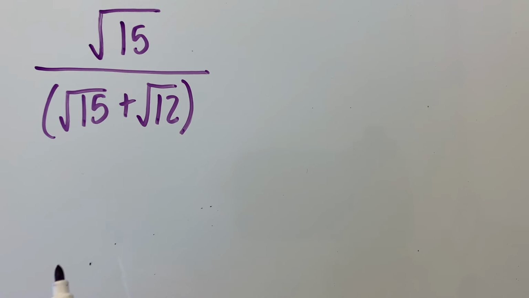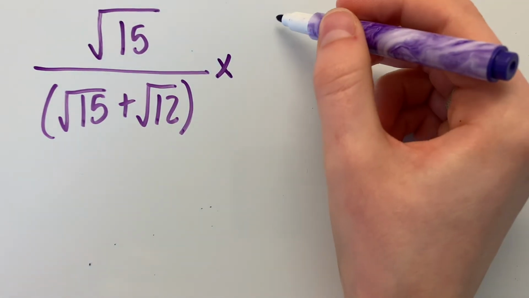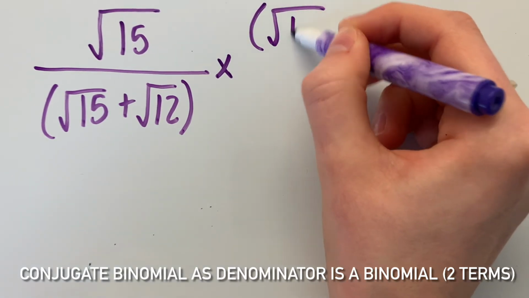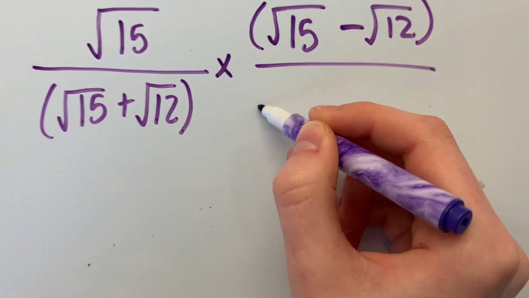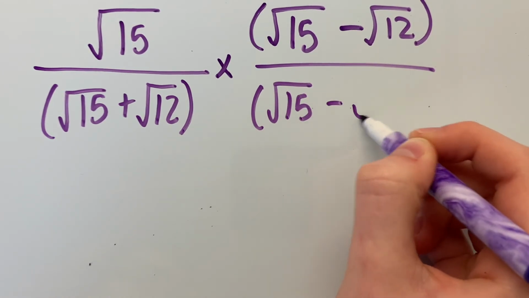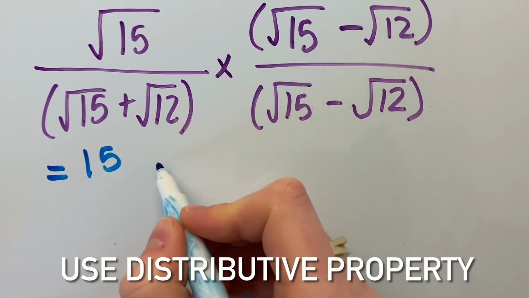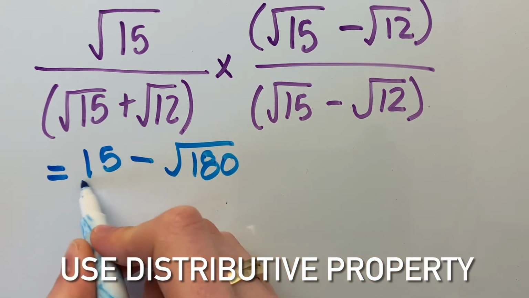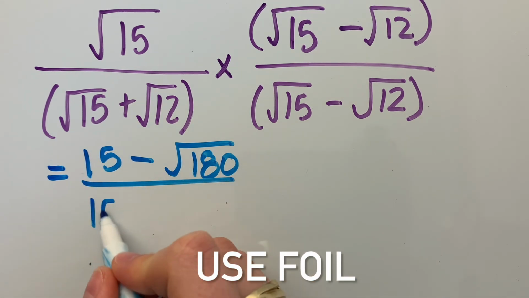In order to solve this question, we also have to rationalize the denominator. So to do that, we don't just multiply by the denominator itself, we actually multiply by the conjugate binomial, or the opposite binomial. So it's going to be root 15 minus root 12, root 15 minus root 12. In the numerator, we got 15 minus root 180. And in the denominator, which we're trying to eliminate the radicals, we'll get 15